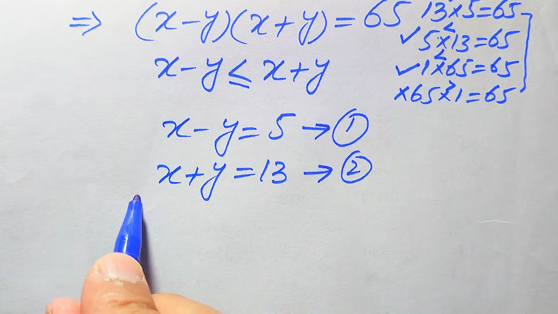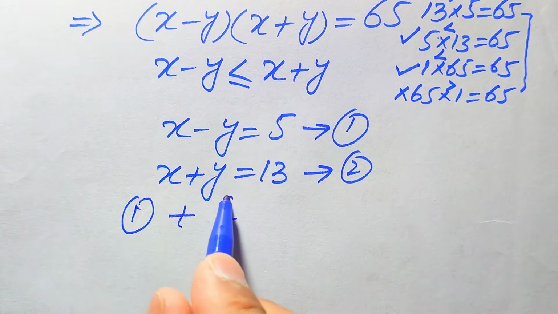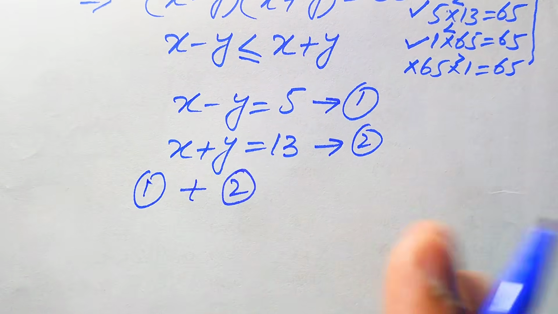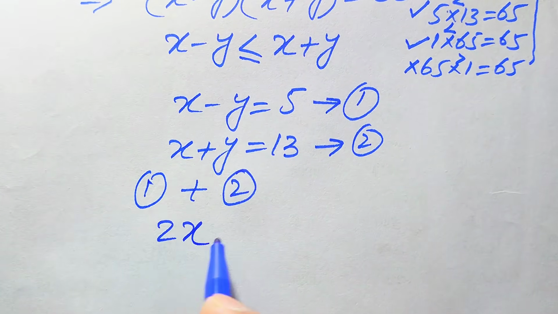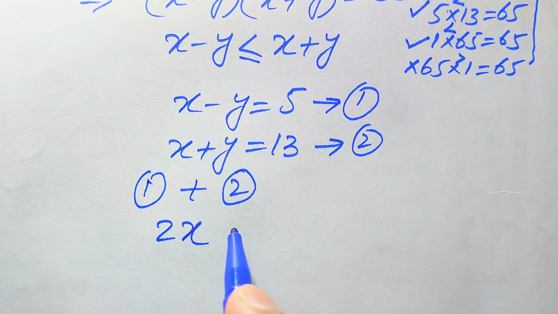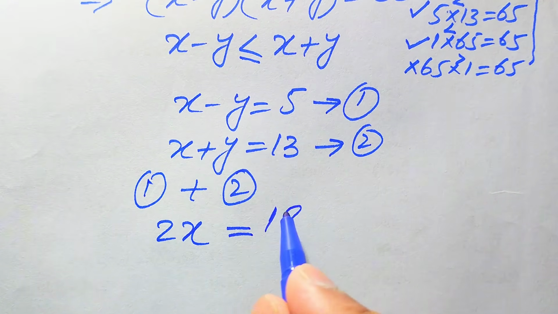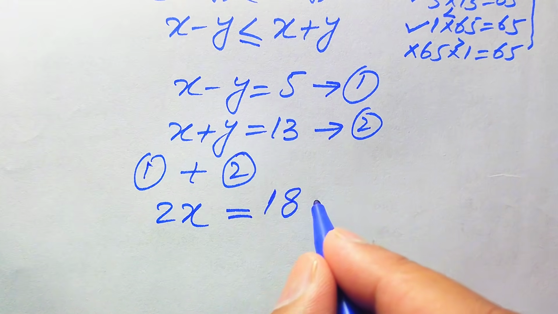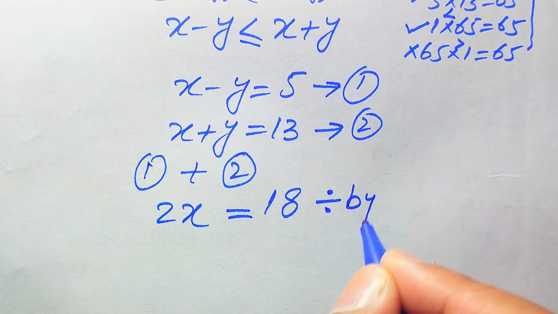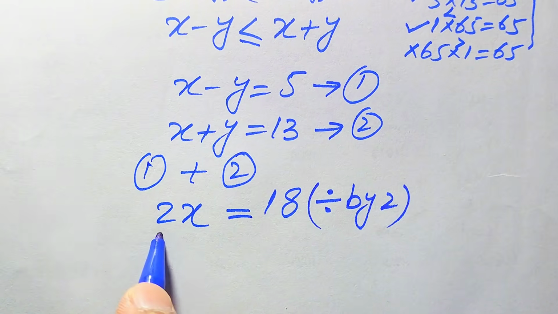So here we will sum up equation number 1 and equation number 2 for the values of x. When we add these two equations, x plus x becomes 2x. Minus y and plus y are gone, and 5 plus 13 becomes 18. And now for the integer values of x, we will divide both of the sides by 2,